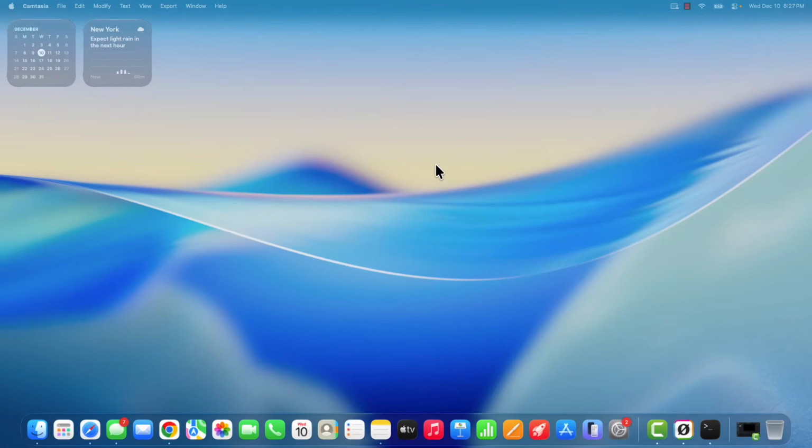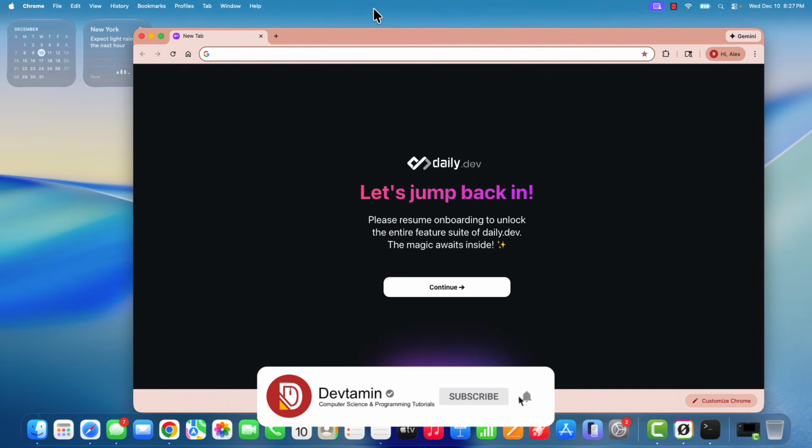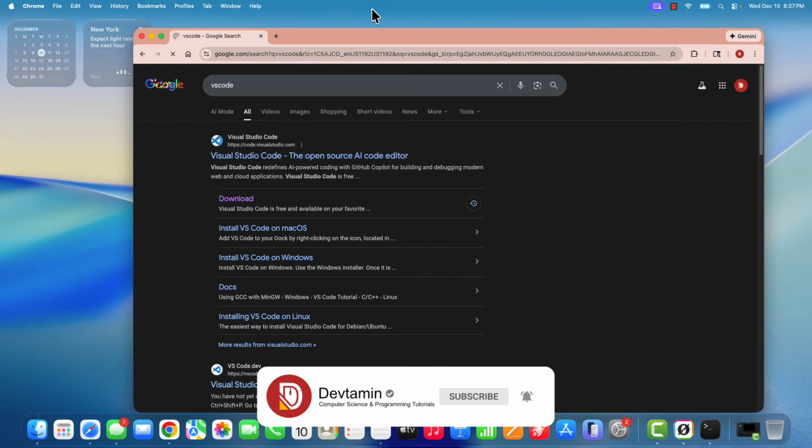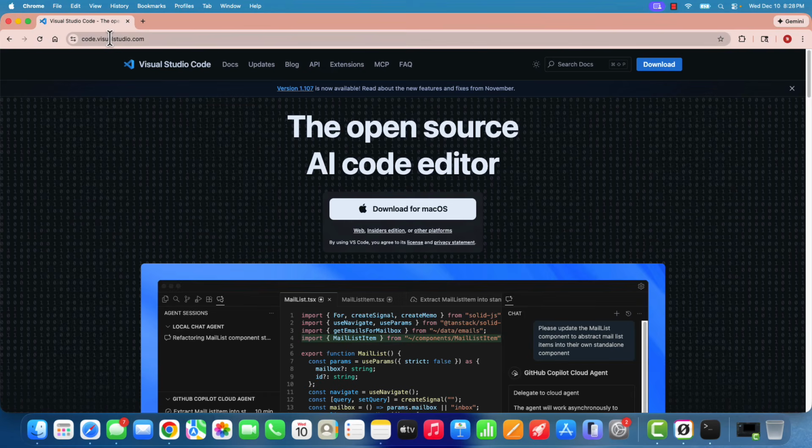Hello everyone, in this video I'm going to show you how to install VS Code on macOS. Okay, let's open Google Chrome and search for VS Code, and you can click on over here. This is the URL